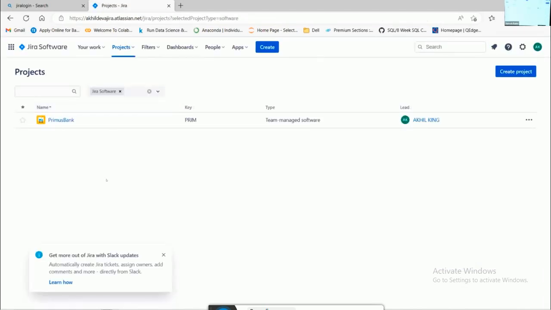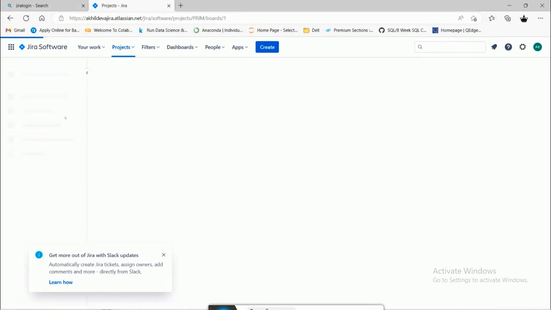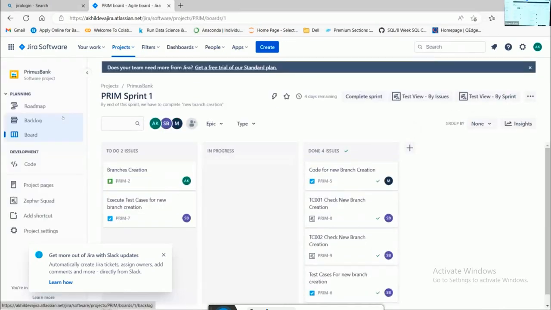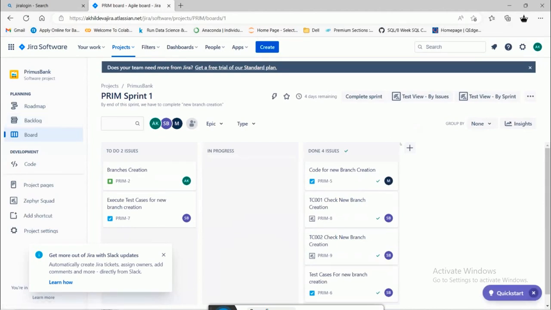Select the project. So it's recording today's session. Venkat, the session is getting recorded. Yes, sir. So it's getting recorded, no issue. Well,